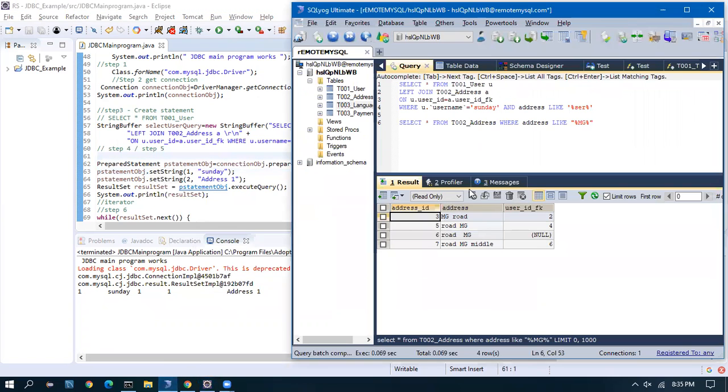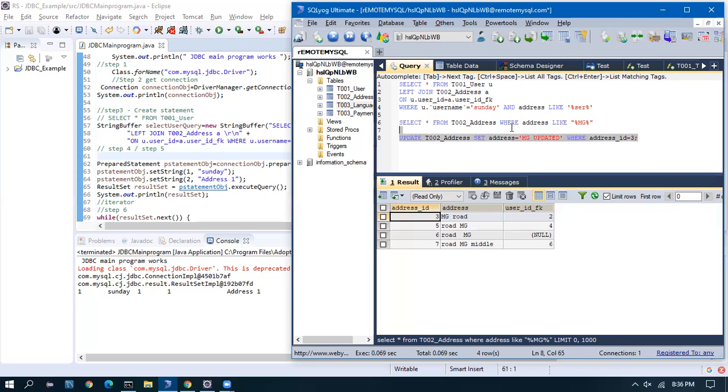Now I said I'll show you an insert or update. So now I've written an update query, which is going to update the address table and set the value as MG updated for the primary key address ID 3.